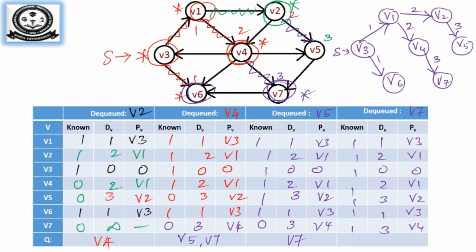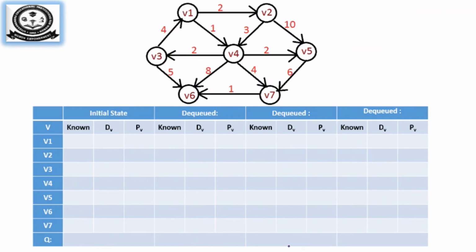Let us see another example. So this is going to be a weighted graph. So initially we'll have the same thing. All the vertices are going to be marked as unvisited vertex. So the distance calculation will also be empty, and the previous vertexes, nothing is there in the previous vertex.